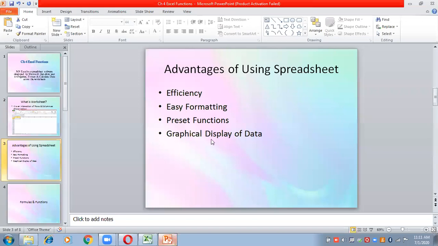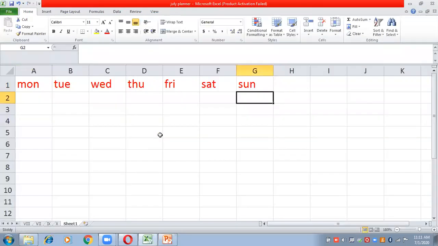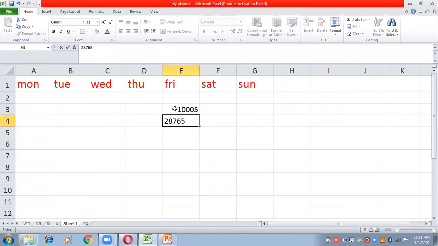Next is preset functions. Preset functions means we already have predefined functions in Excel using which we can perform calculations very easily. For example, if I want to calculate the sum of two numbers like 1005 and 20, whatever it is.